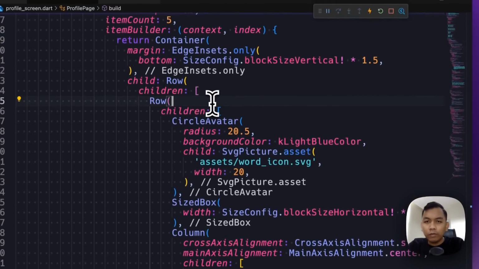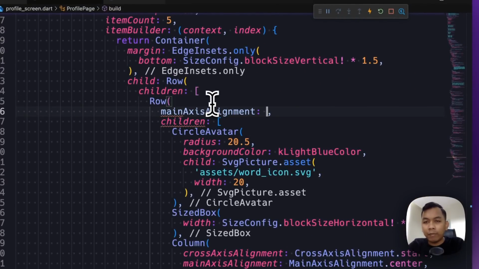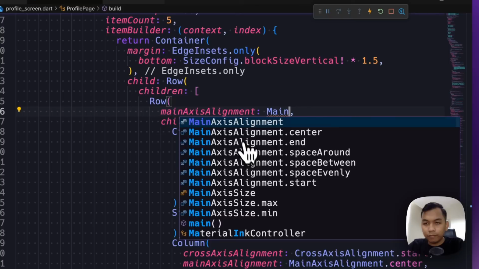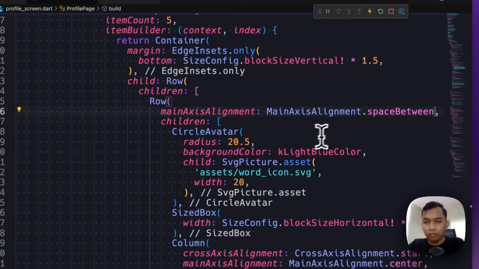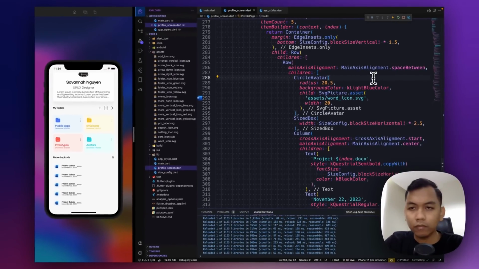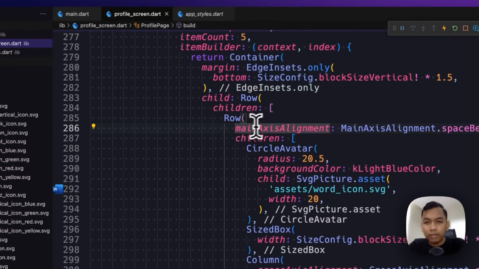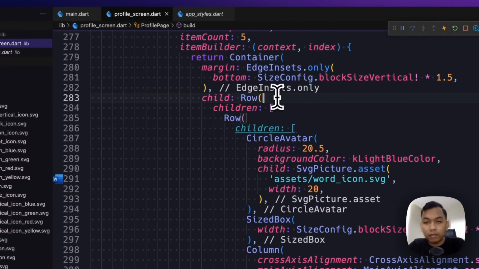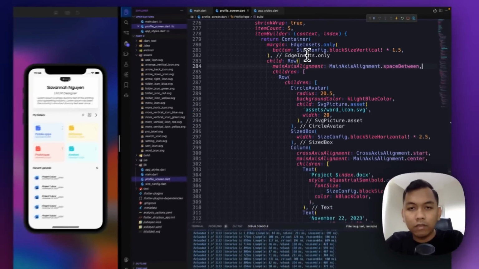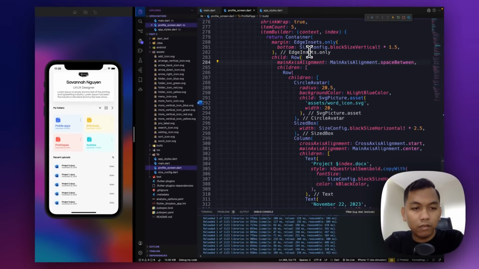And we need to go into parent row widget, main axis alignment to be space between. Not here, so I think here. Alright.